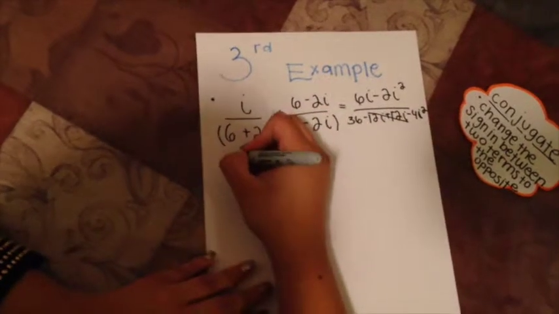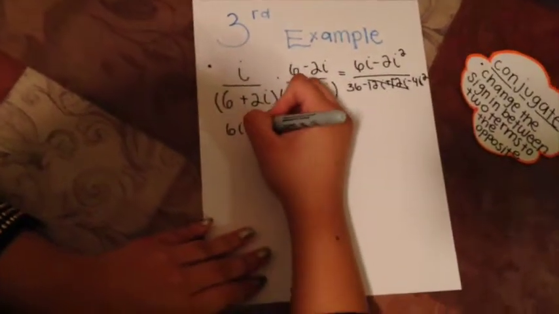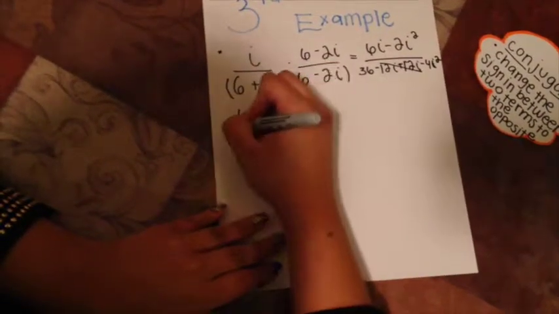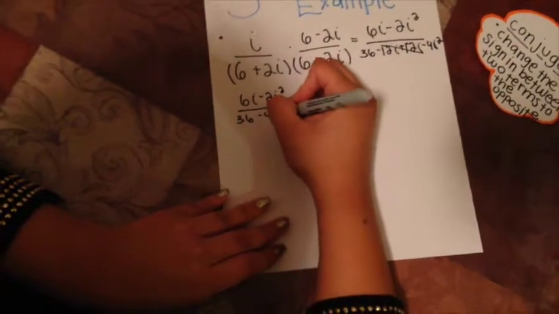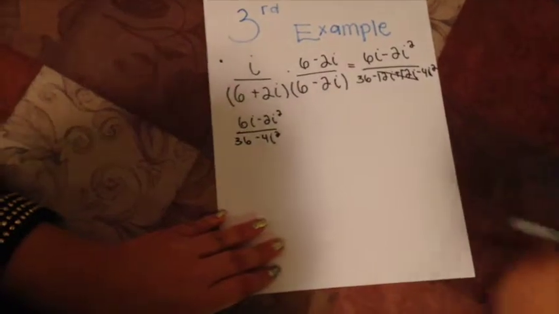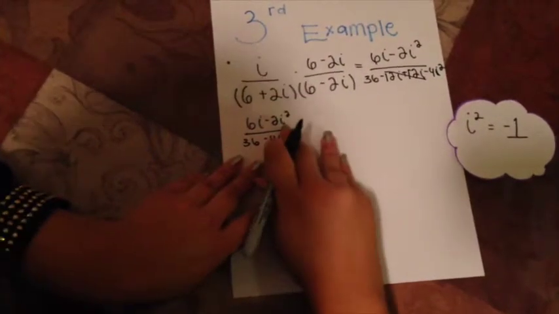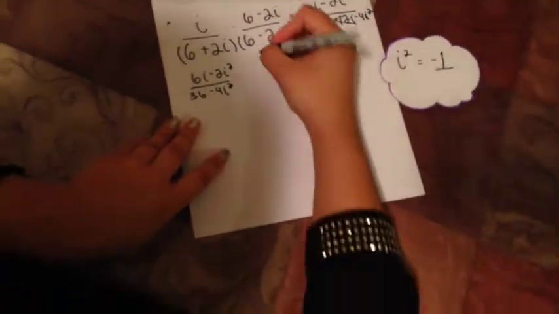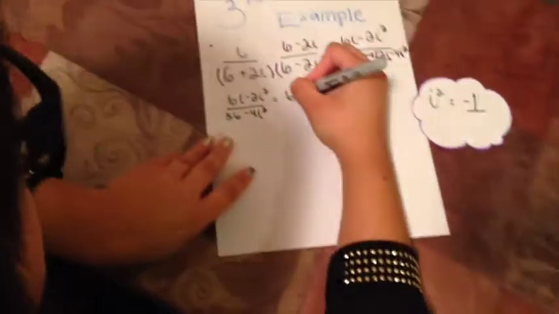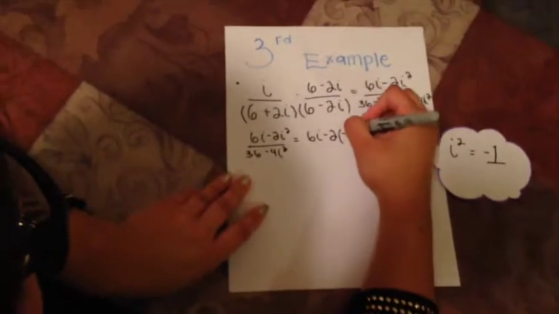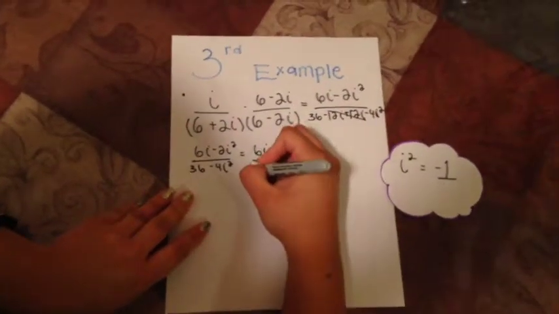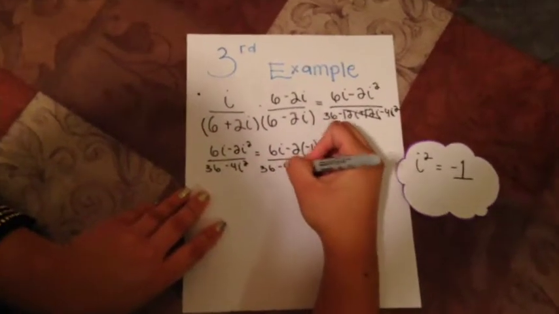So you're going to be left with 6i minus 2i squared over 36 minus 4i squared. But i squared equals negative 1, so we have to plug in the negative 1 wherever you see an i squared. That's going to equal 6i minus 2 times negative 1 over 36 minus 4